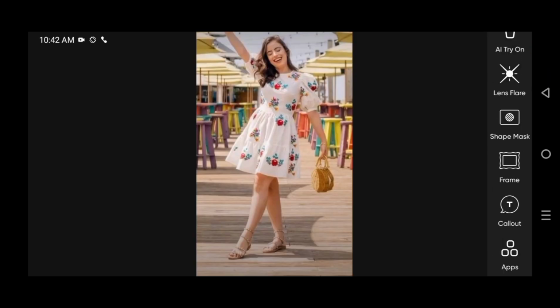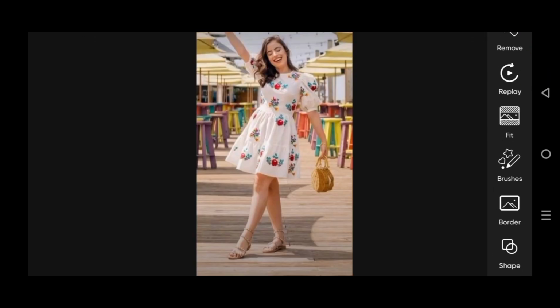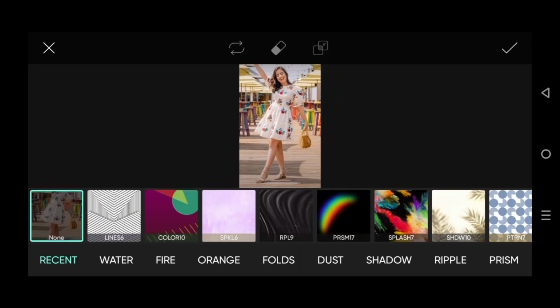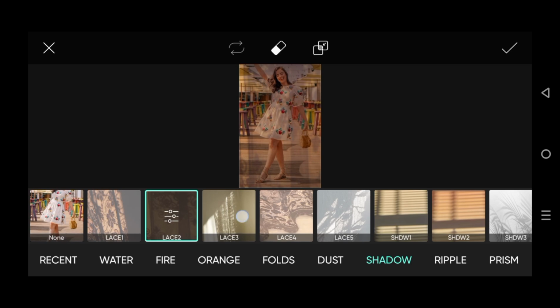Dear guys, we have some beautiful pictures here. I'm going to apply the mask options on the image. I would go to the mask options, and here, friends, I'm trying the shadow options: last one, last two, last three,